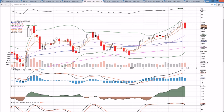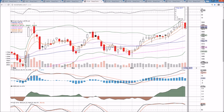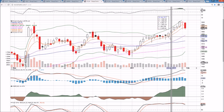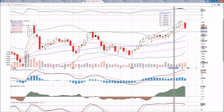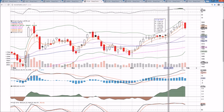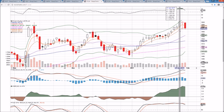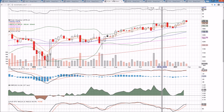It is still normal healthy consolidation, even if it is big bearish days, and that's because of how significant the bull move was preceding it. So it looks like we do have a couple gaps here, and actually we don't, so I take that back. The gaps have been filled by these wicks, and looking like the bears do have some momentum, so if we break 15.69, we are looking for a new support level to attempt to be found,